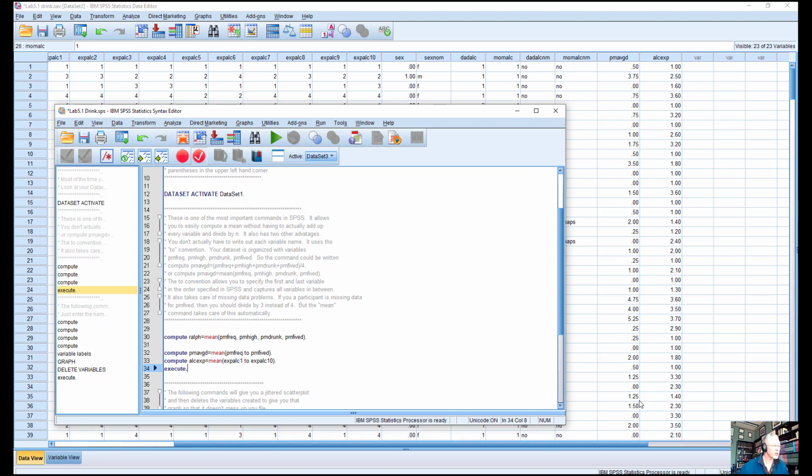An executable command can be any type of analysis command, a command to run a graph, a command to run a correlation, any kind of analysis, or you can simply beat the analysis command to the punch and write execute. It then makes sure that those commands that you have specified have been completely run or executed, and now the numbers show up. And so we have our averages.